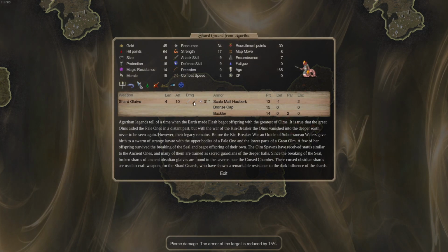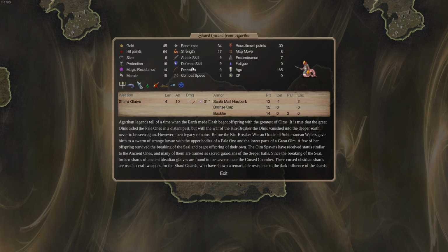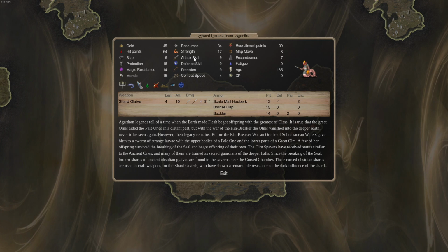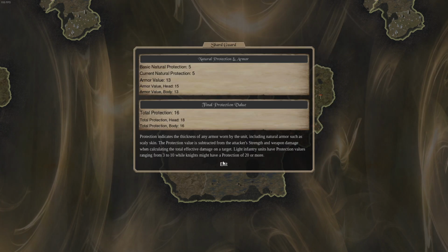Our main sacred unit that we used in our armies would be the Shard Guard, of course. Pretty good protection. I would say that's a low defense skill and low attack skill. If you are bothered by the low attack skill, you can take fire in your Pretender God and just get an attack skill bonus. But these guys can be buffed,